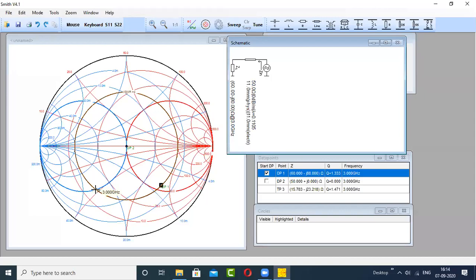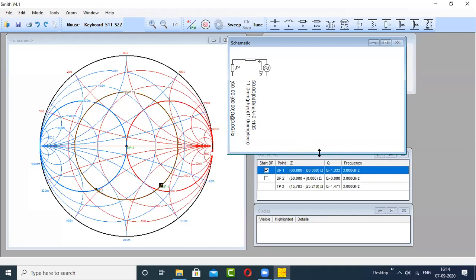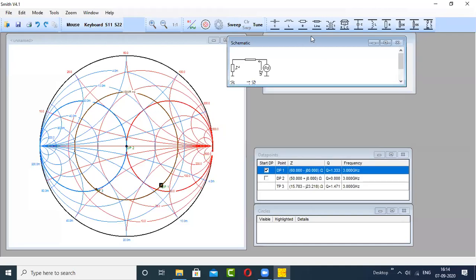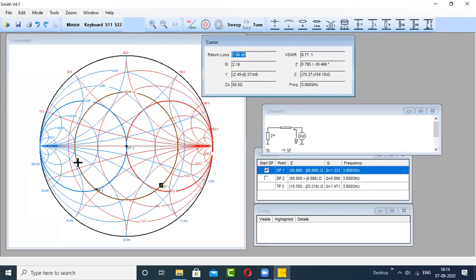Okay, now you have to move from this conductance circle to the center of the Smith chart. For that, you now see when you're at this intersection point, the impedance is complex in nature. Right?